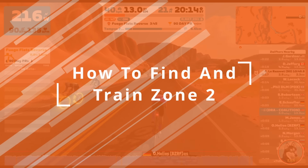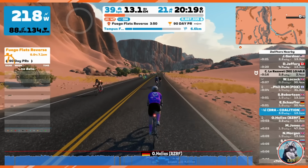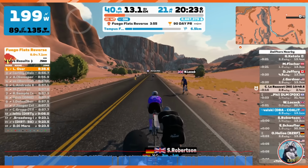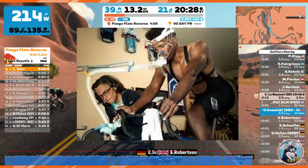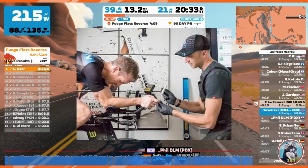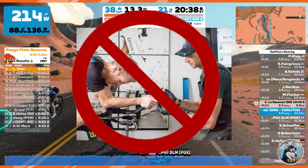I have begun working Zone 2 into my own training schedule. But it's not simply hopping on the bike and keeping power in Zwift Blue Zone. Many pros find their Zone 2 by utilizing lab testing, recording the ratio of CO2 and oxygen exhaled, and getting their blood lactate levels. However, most of us don't have access to this, but we can find our Zone 2